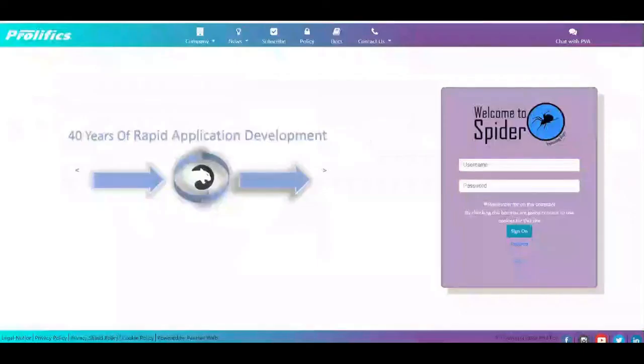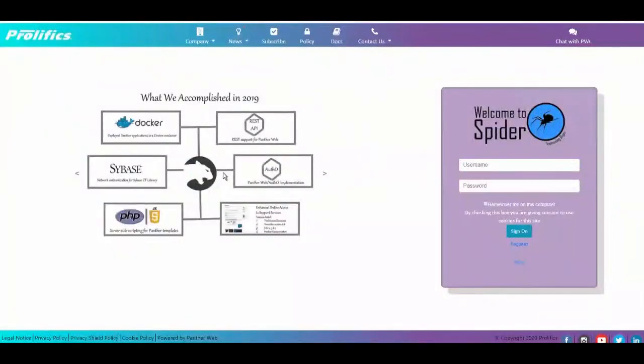So this is my Panther web application which is called Spider. It is used by our customers to register OPRs. Like if they face any issue regarding their Panther tool, they can directly access this application and register their problem here. So for this application, I'm analyzing all the logs from this application in Splunk.